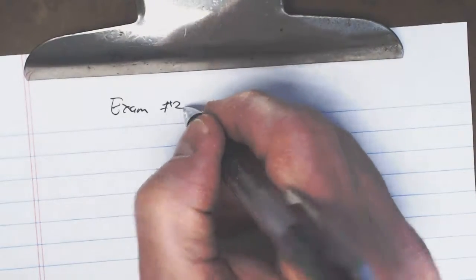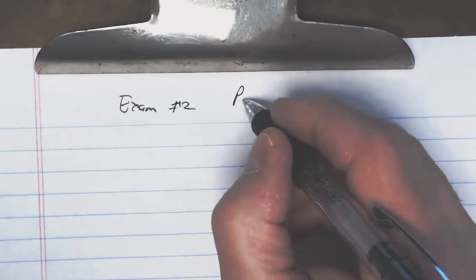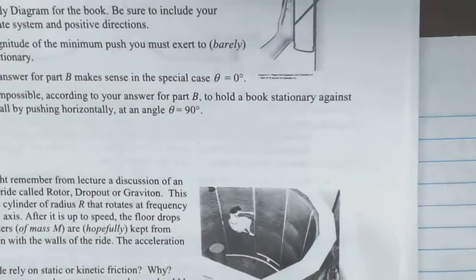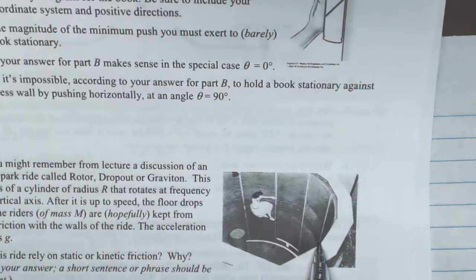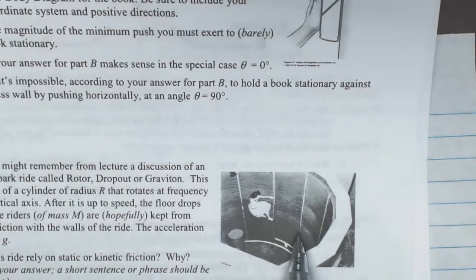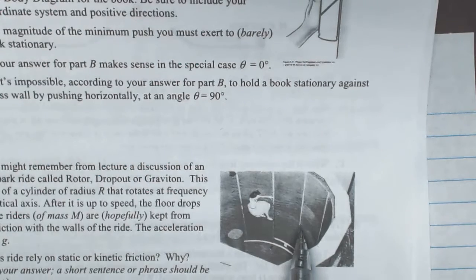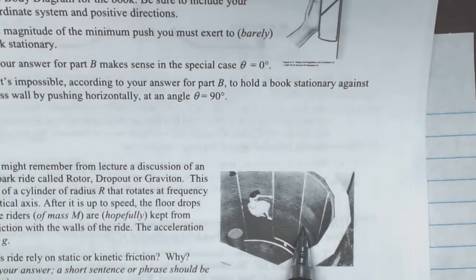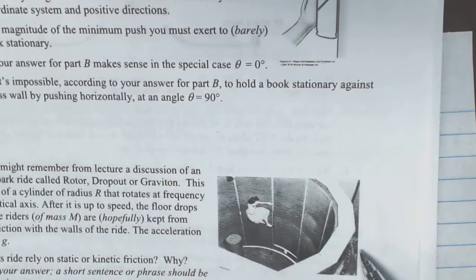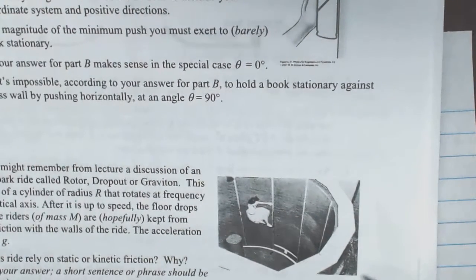Okay, exam number 2, problem 2, was the graviton or rotor or dropout ride. I did this problem in lecture. It's actually also a homework problem in Ohanian, although I didn't assign it because I did the problem completely in lecture. So in any case, I'll draw the free body diagram in part E, but